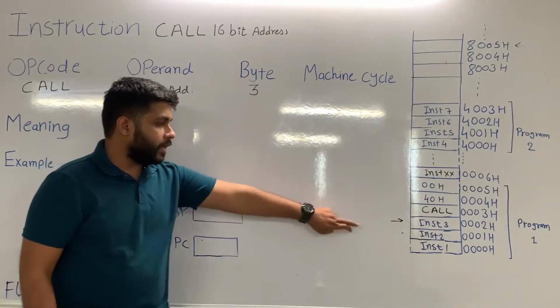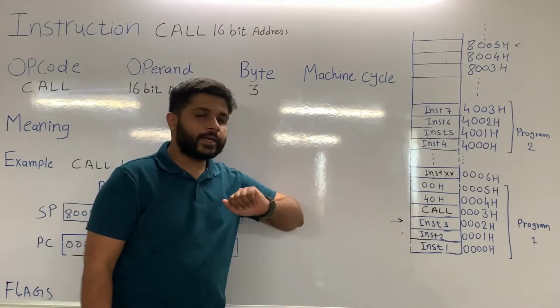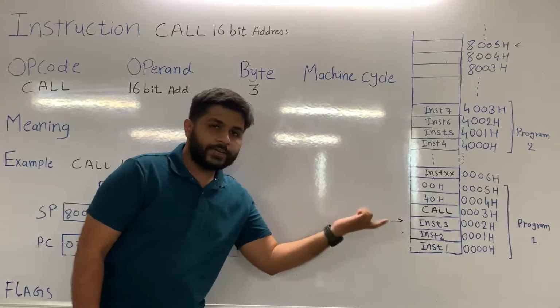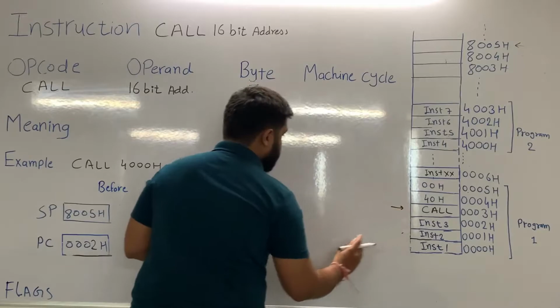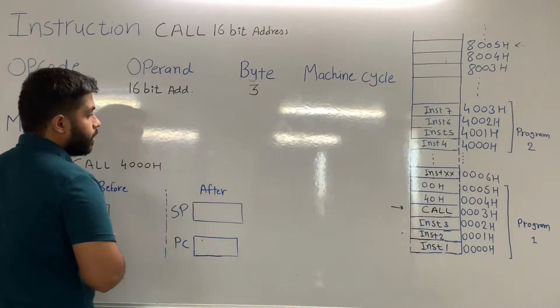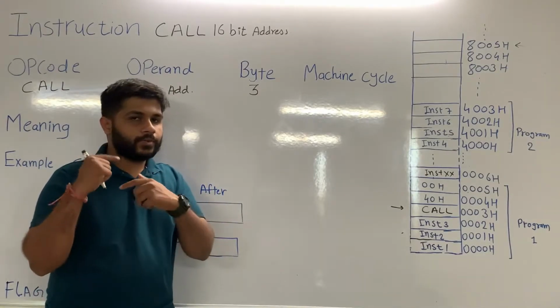The processor has fetched instruction 2 already, it will decode and execute. After that, it will fetch the next instruction from where the program counter is pointing. It is pointing at instruction 3. As soon as it fetches instruction 3, the value of the program counter will be incremented by 1. It will point to the next location. The processor will decode instruction 3 and execute.